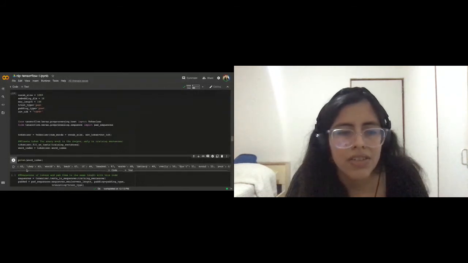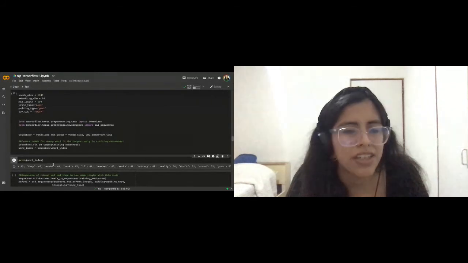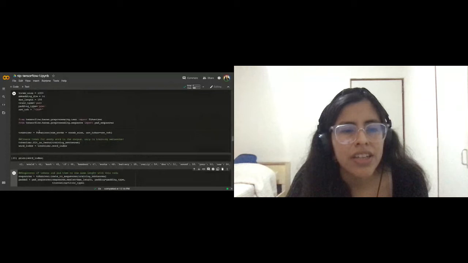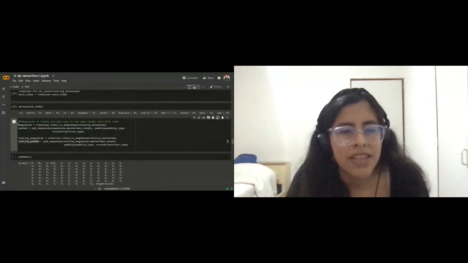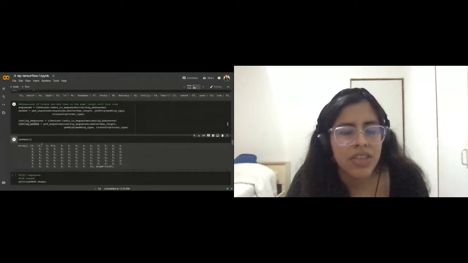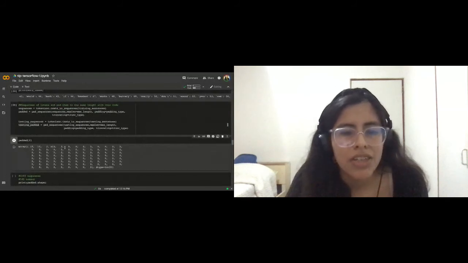You can find all the tokens. Okay, next we're going to apply the same tokenizer steps for the training sentences and then for the testing sentences. And then let's check how the padding looks. You see the zeros from the effect of the padding.